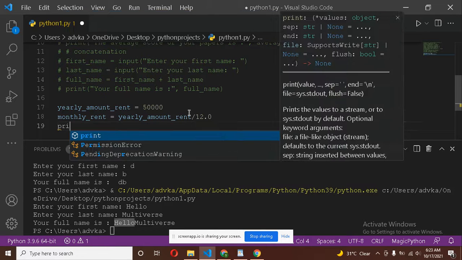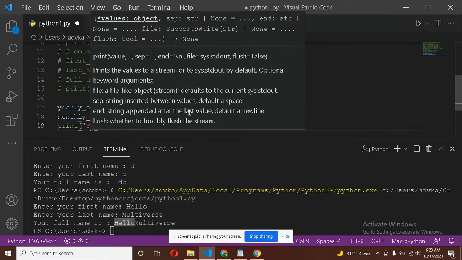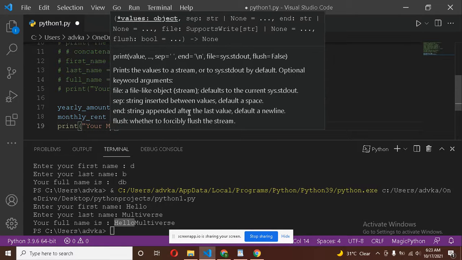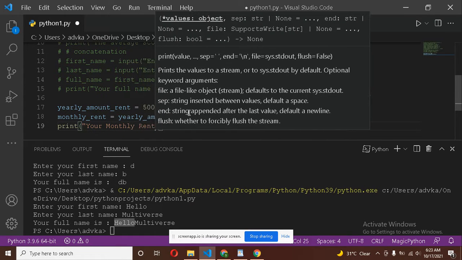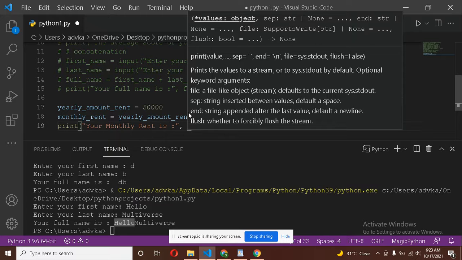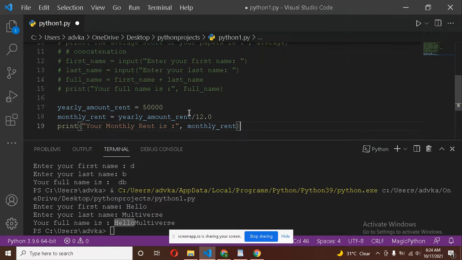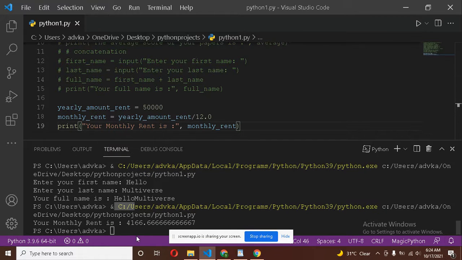So now we will print your monthly rent is, and after comma we will write monthly rent. Let's see, calculate our monthly rent. Okay, our monthly rent is